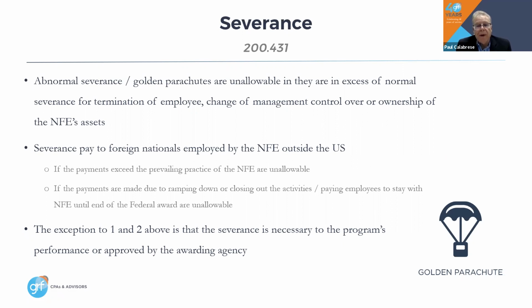What I would suggest to avoid these problems is to put it in your budget narrative, as in your application. Start to think if there are a few types of costs. Obviously, in this particular situation, the severance might even be considered a direct cost, but then again, of course, approval. So for these specialized things, think of putting it in your budget narrative, and if they approve it, then you're good and set to go. So what we're going to do now is go over what we would call the everyday cost principles, just the more popular ones.